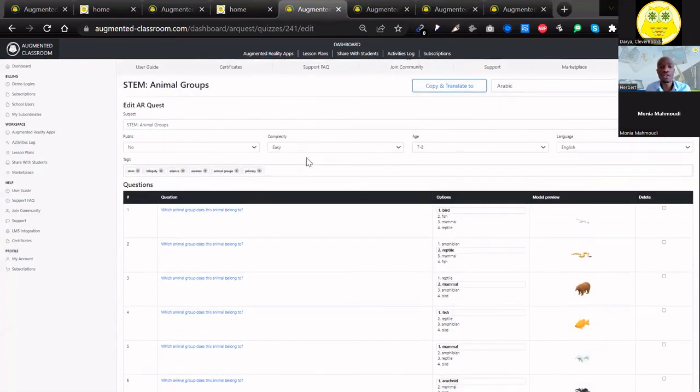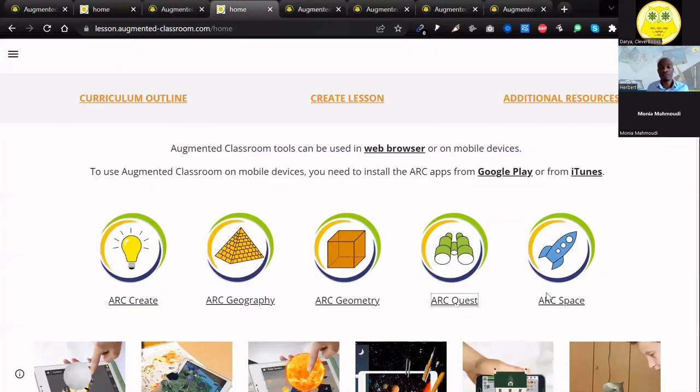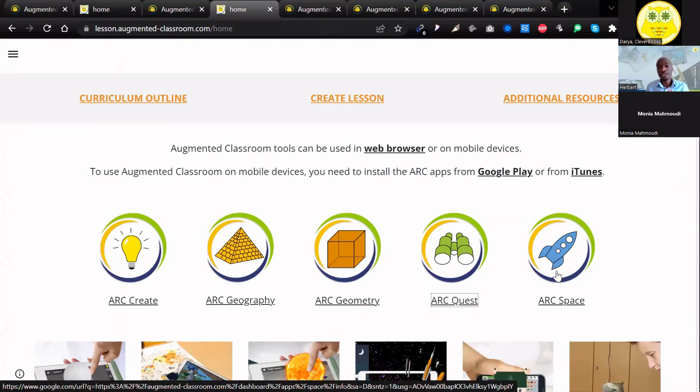Another way of teaching them would be opening, let's say, the ARC space and then showing them what is possible. Basically, the idea here is it really is going to come down to how you want to use it. We are leaving it so that as a teacher, you'll be able to see multiple ways to use it once you've started interacting with it, because there's so much room for creativity that it really comes down to how you are imagining them using it, depending on the scenario that you have in front of you.